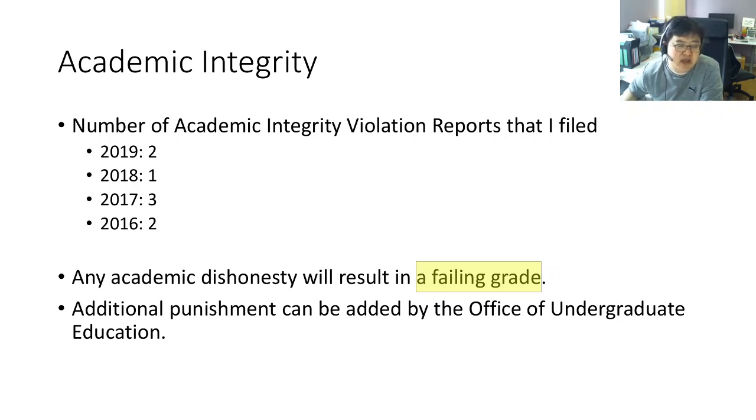If you are reported to this office, it may impose additional punishment on you, like academic probation, or you may be kicked out from the university. Or, many years ago, I had a regular meeting with a student once every month because that student was being punished.